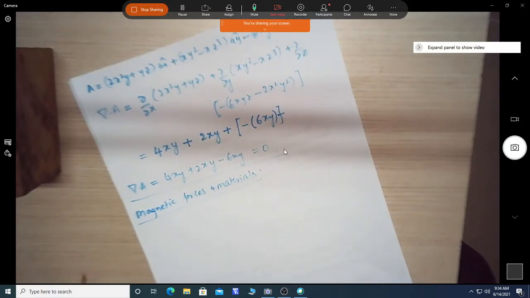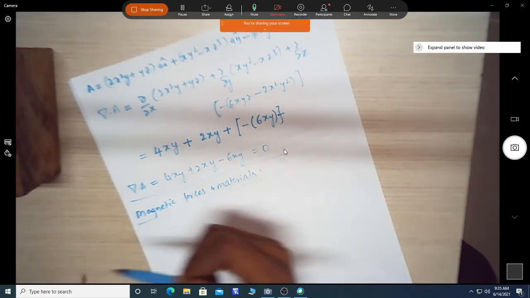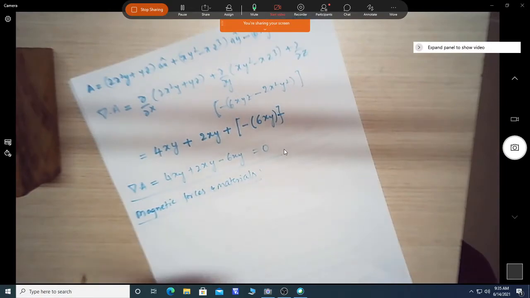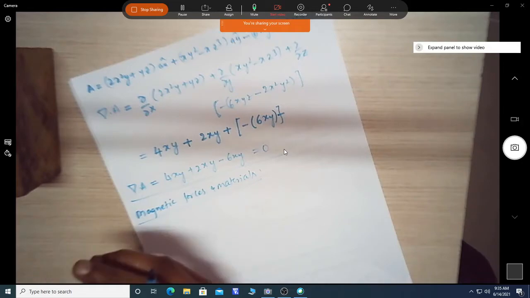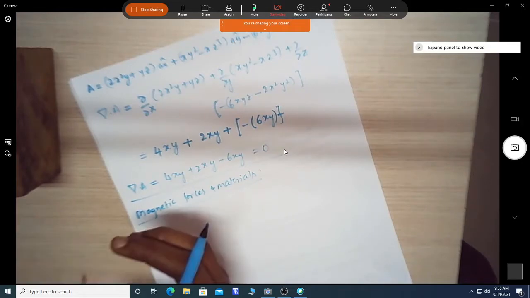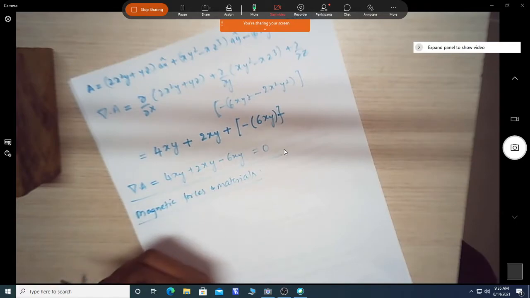So now we will see what happens whenever we have a magnetic field produced by a current carrying conductor or any surface current. This magnetic field will exert some force on different things, like a charge, a current element, or a loop. So any kind of these current carrying things, the force which is exerted by the magnetic field, that we are going to see here.